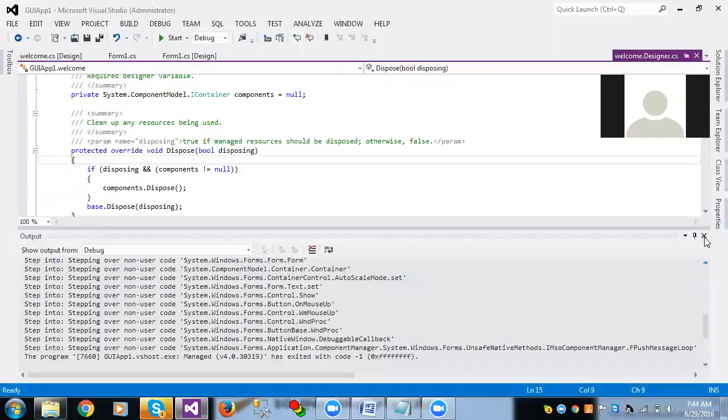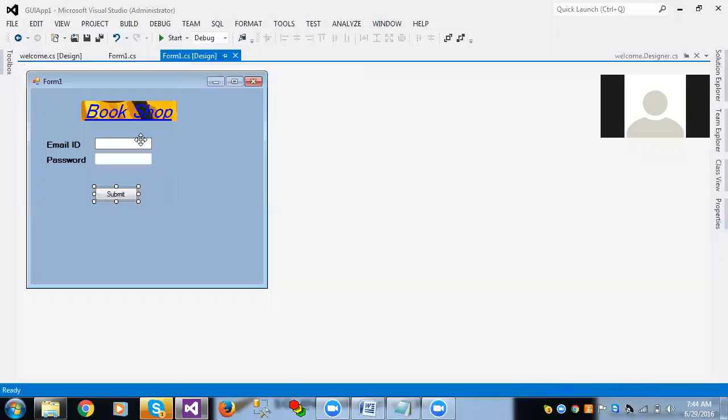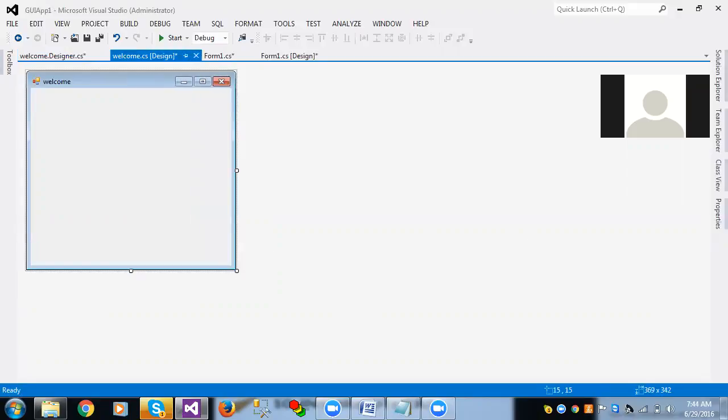Now what is our idea? We need to show whoever the user is entered here, that user's mail ID should display automatically on the welcome page. So this is the welcome page, and not only on the welcome page, maybe you want the details on another page also. What we have to do is we need to take the